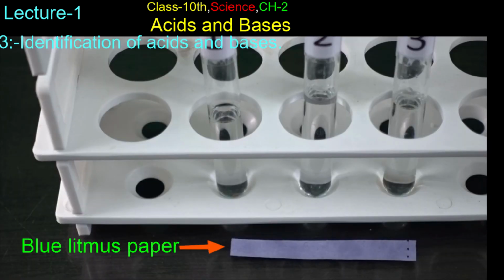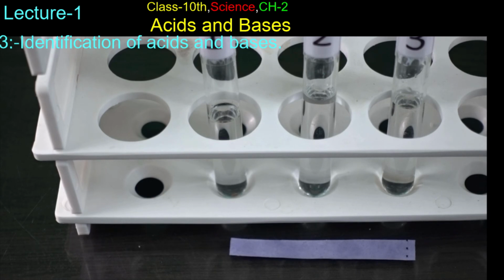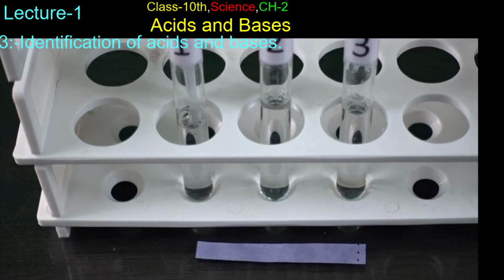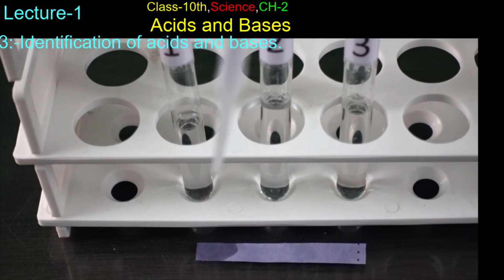Here are 3 test tubes numbered as 1, 2 and 3. One contains water, another one an acid, and one a base. We have just one litmus paper, say blue. Let us find out which test tube contains what. A droplet from test tube 1 does not change color of blue litmus. It means it is not an acid. It is either a base or water.